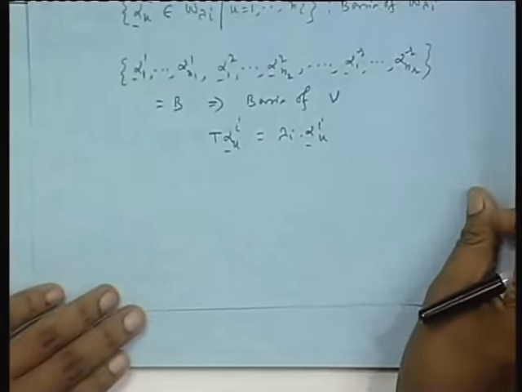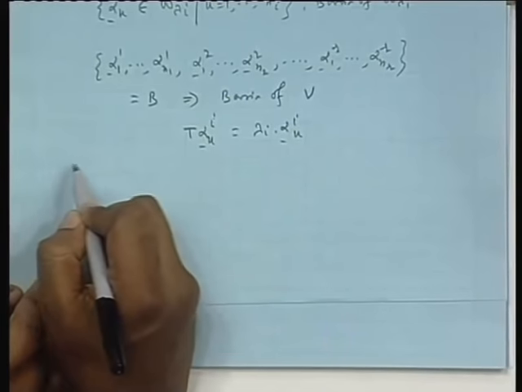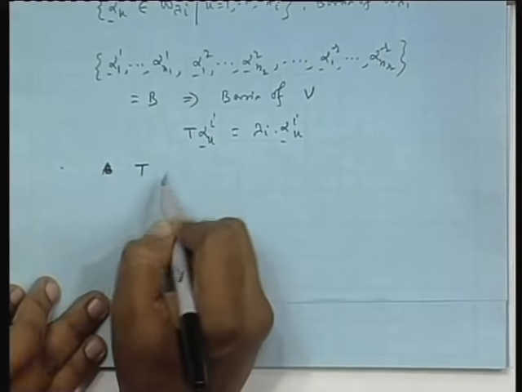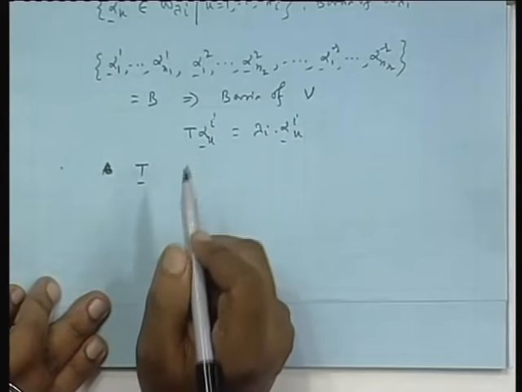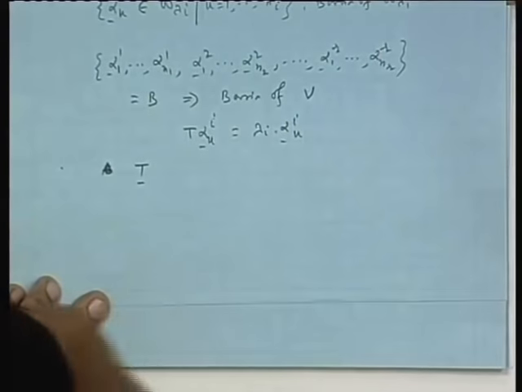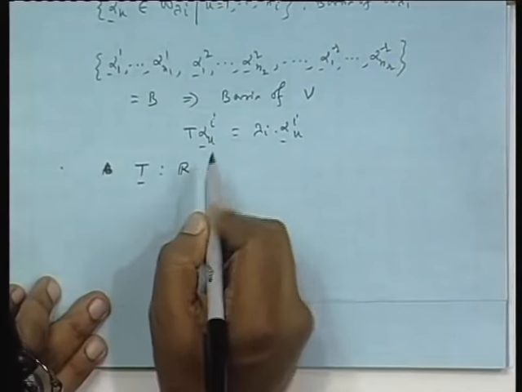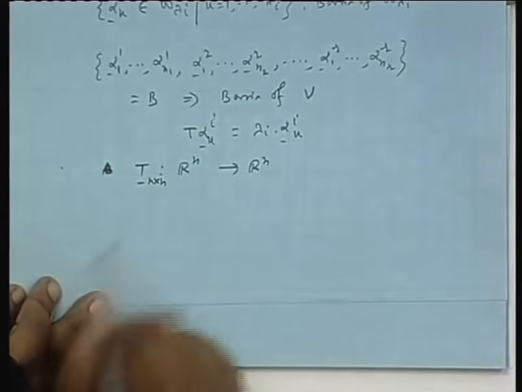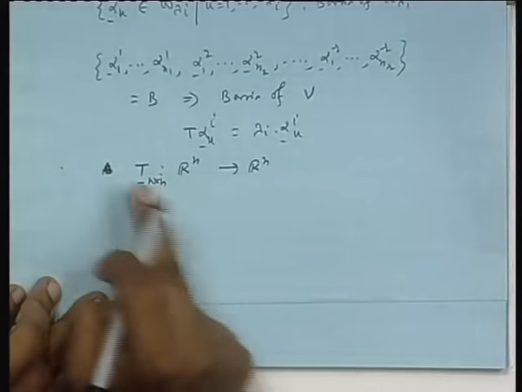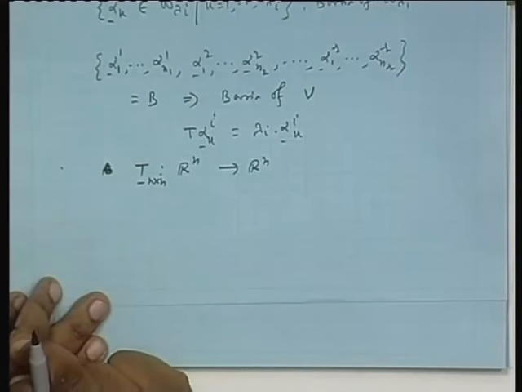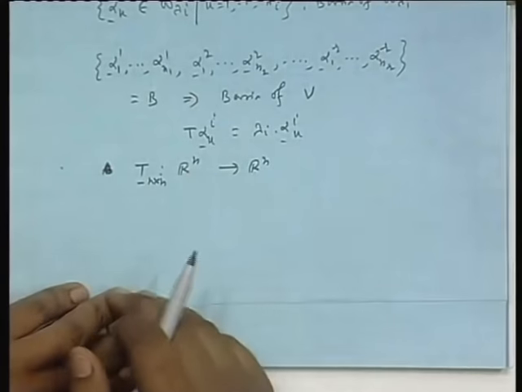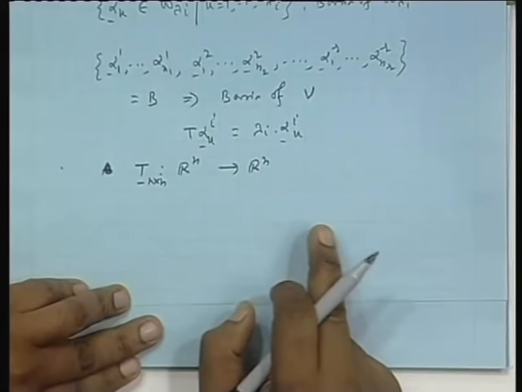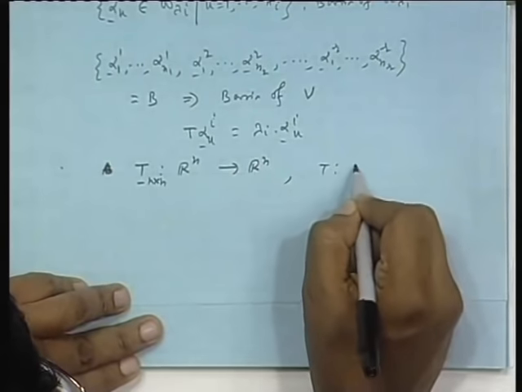So, you can see this. Suppose we consider, say, T, because T is a matrix. It takes you from R n to R n, that means T is n cross n. It takes an n cross 1 column vector and maps it to R n. So, it is a square matrix, and I am considering this T. In the same way, T has distinct eigenvalues lambda 1 to lambda r, with r less than or equal to n, and T is diagonalizable. It is given that T is diagonalizable,